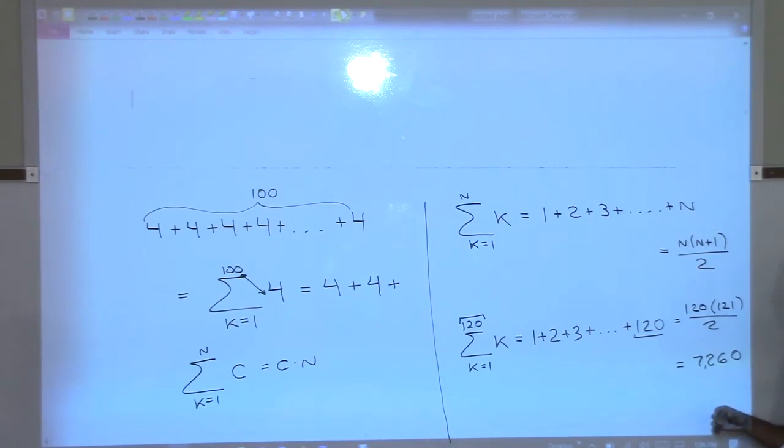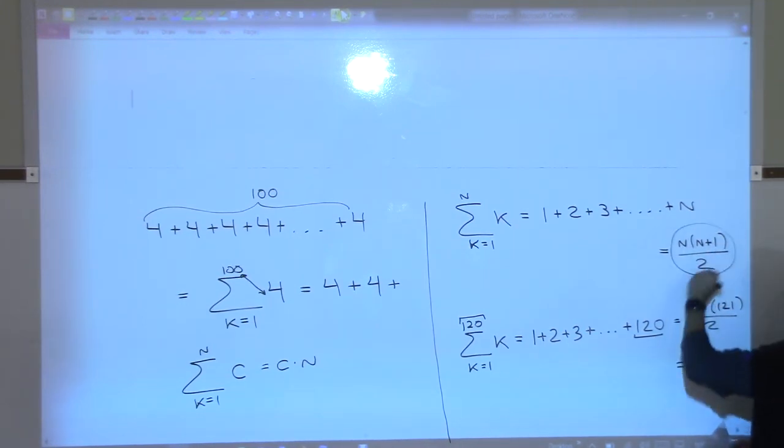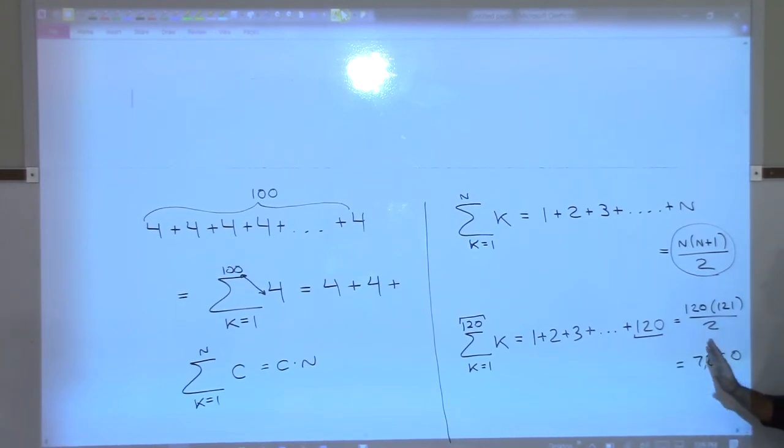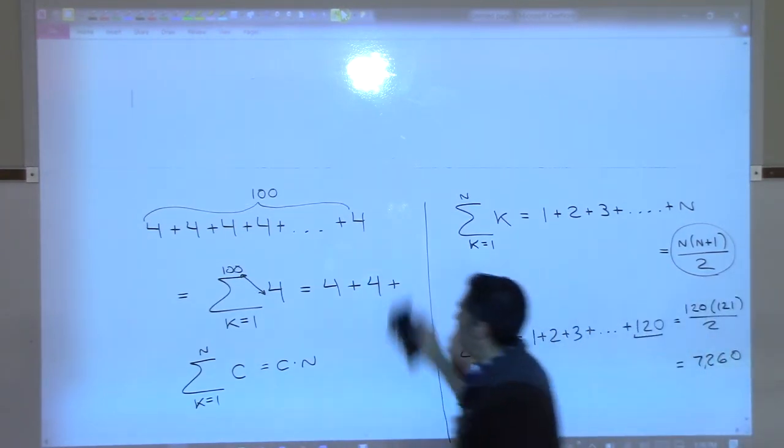Okay, so I'm not going to get into this again unless we have time at the end of class. It's really kind of cool to see how you can prove that formula is true. But it's very useful, and we need it to do Riemann sums. Questions? The next common formula that we should be aware of